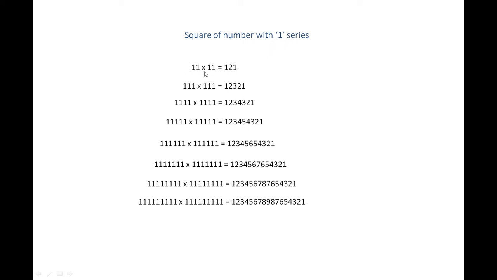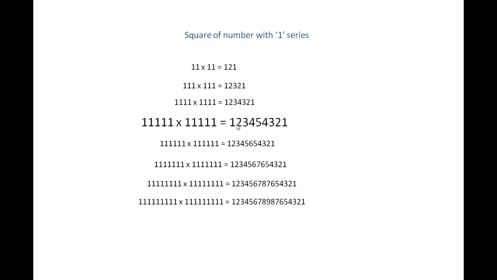In this way, we can write the answer for a number which has only 1s in it, from say 11 till this number which has 9 ones in it. Only till this number would we be able to use this trick. So if we look at 11 square, 2 digits and both digits are 1, so we have written 1 to 2 and back to 1. The next one has 3 ones, so we have written 1 2 3 and backwards till 1, and with 4 ones, till 4 and backwards to 1.